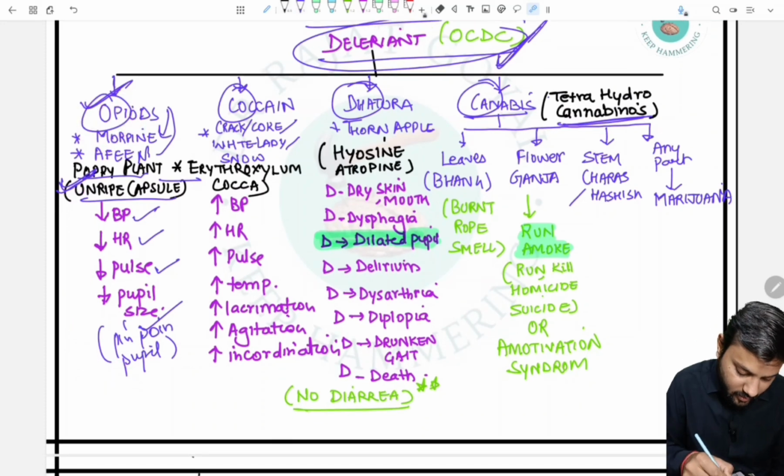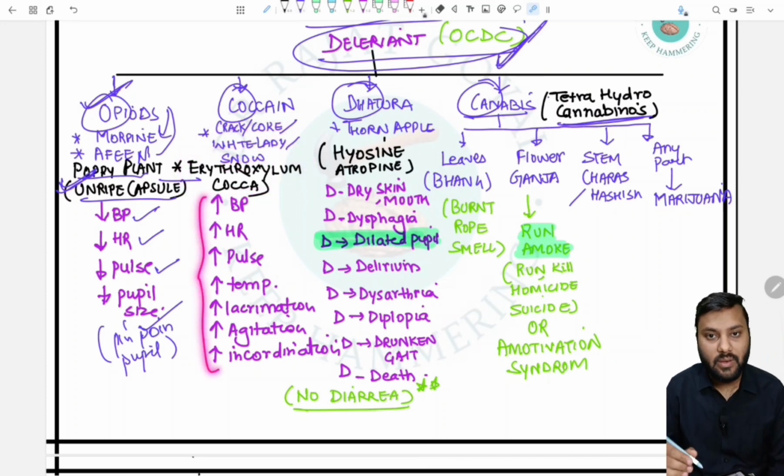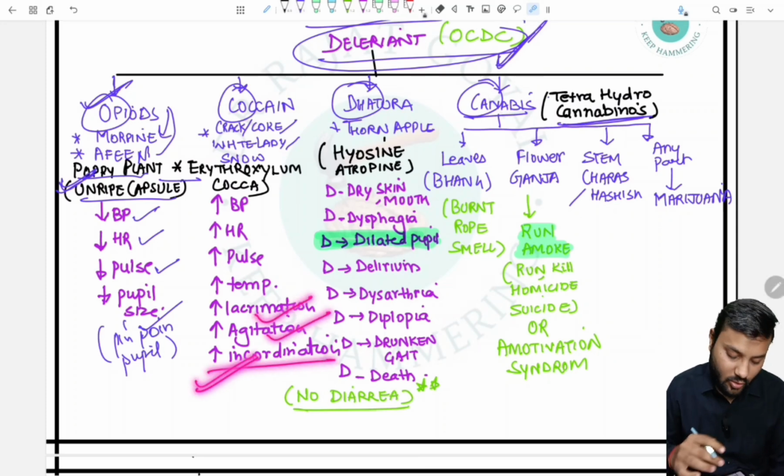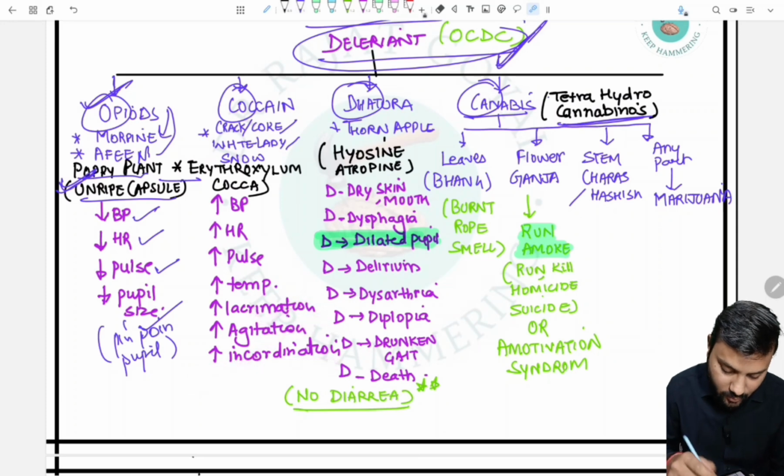In the cocaine, also called the crack, coke, white lady, or the snow, which is derived from the erythroxylum coca, all the things will increase, such as increase in BP, increase in heart rate, increase in pulse rate, increase in temperature, increase in lacrimation, agitation, and also increase in the incoordination. So everything will increase. In Dhatura, also called the thorn apple, the main active principle is the hyoscine,